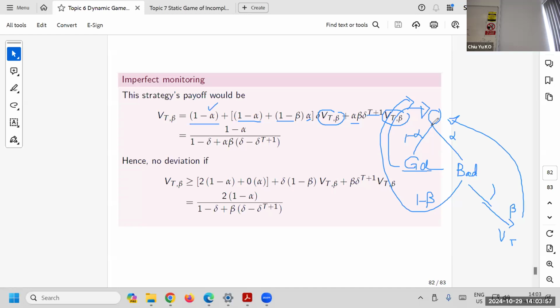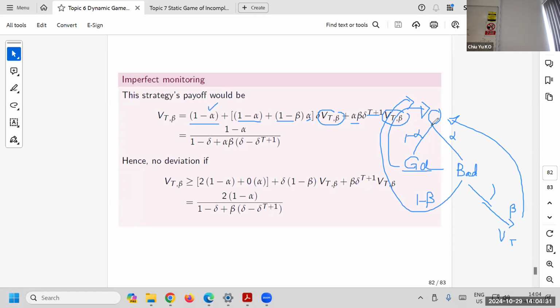So the first one is you get the immediate payoff for this period. You get 0 for nothing. But next period, if it's good, then you continue to be good, depending on the good luck. But if it's bad, then it depends on where you are. Maybe I should draw this picture on the slide later, to make sure that you understand what's going on. And you can rewrite this.